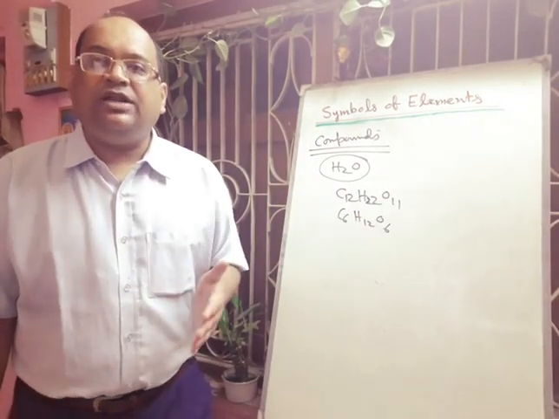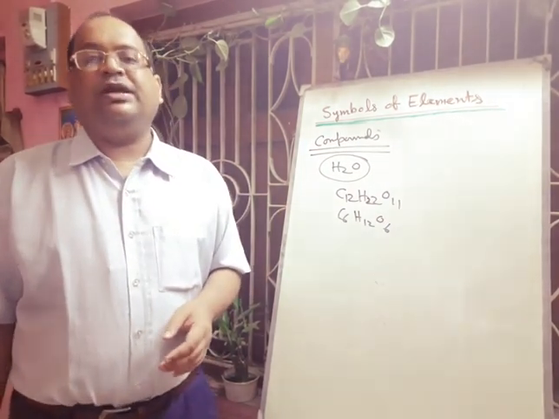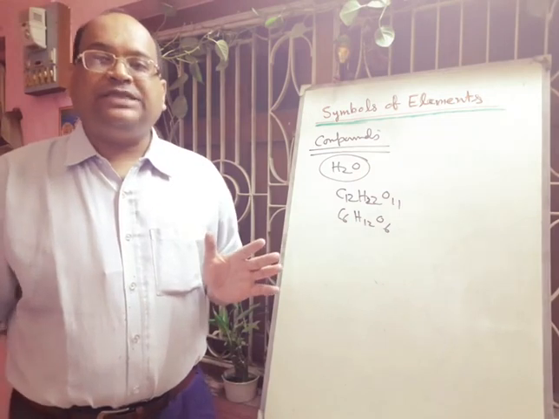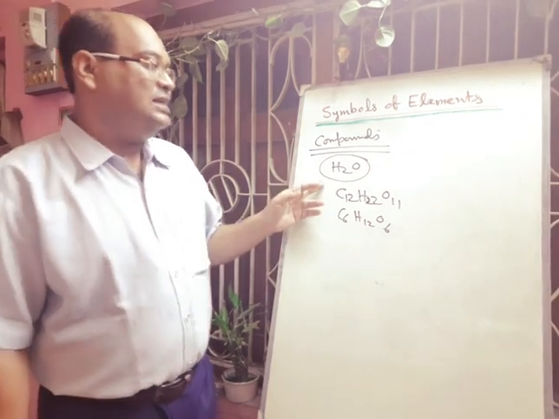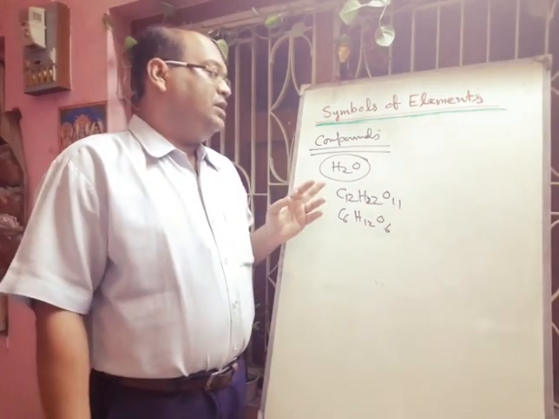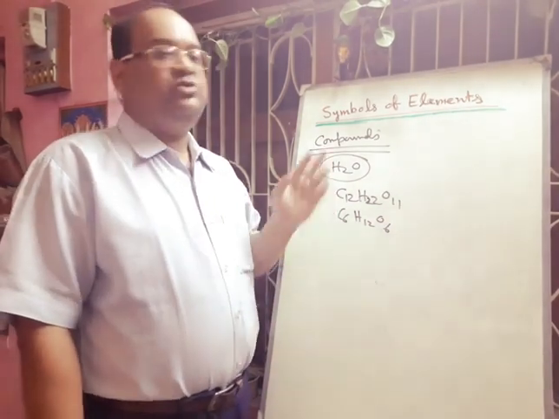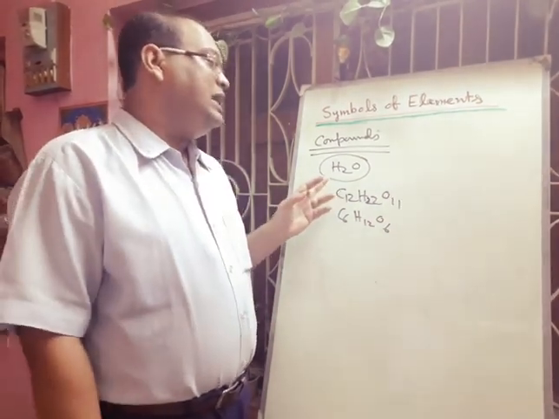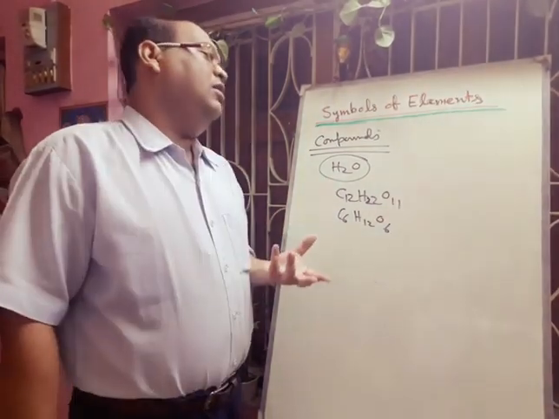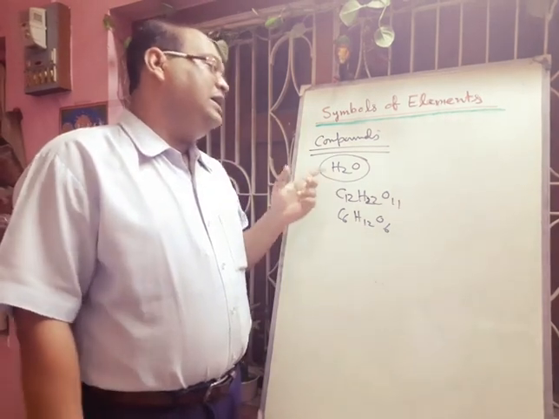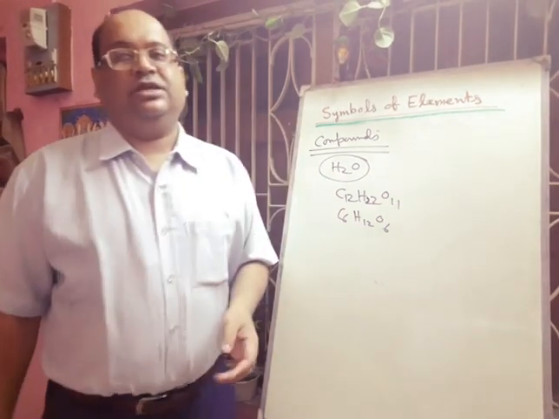Compounds can be broken down into the constituent elements only by chemical means, not by physical means. Hope you can understand. Compounds have a fixed composition of their own. Like in water, the ratio of hydrogen and oxygen by mass will be 1:8. Or you can think about whatever way you are preparing or collecting water, all the time you will get that in one water molecule there will be 2 hydrogen atoms and 1 oxygen atom.